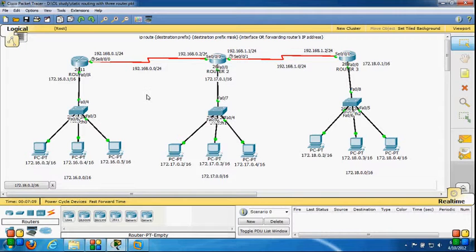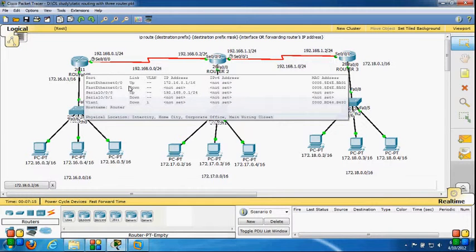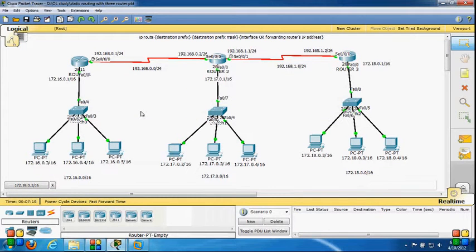We know that all routers know their directly connected routes by default. So router 2 knows its directly connected networks, which are 192.168.0.0, 172.17.0.0 and 192.168.1.0.